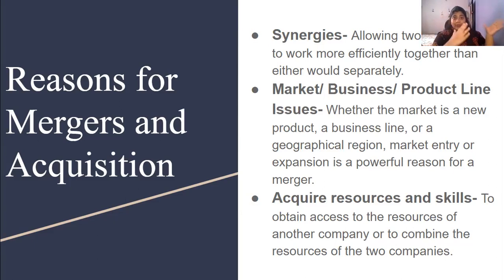And if you are doing a vertical merger or acquisition, you're expanding your geographical region because you're supplying to various other territories which you had not supplied to earlier. And if you're doing a conglomerate or other merger, you are expanding your market. So it's one of the most important reasons. You're expanding your business into a wide range, which you couldn't do as a single company. Since you're acquiring or merging, your options have been expanded.